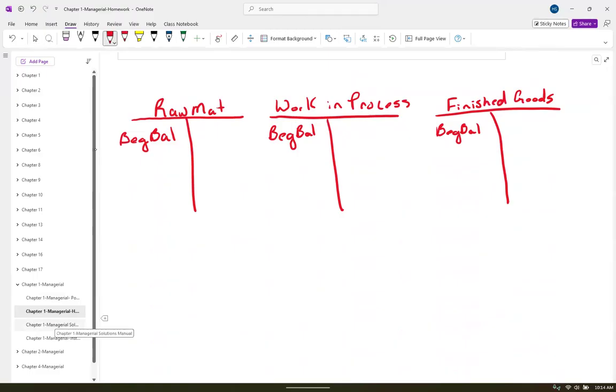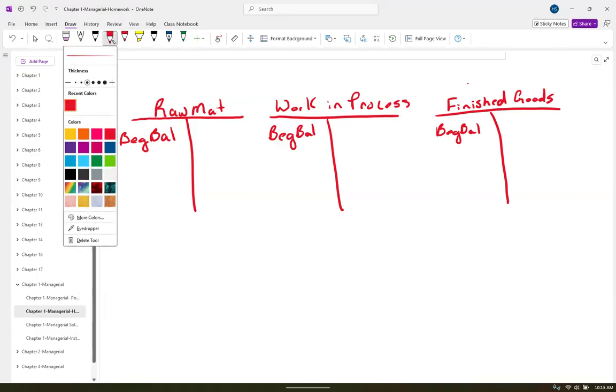If you think about raw materials, think about Frito-Lay. That's like the corn or potatoes, the raw materials going into it. Think about work in process as your assembly line. Once it leaves the assembly line, it's a finished good and it's ready to be sold. It'll sit in finished goods. Finished goods acts very similar to merchandise inventory in a merchandising business, because when it leaves finished goods, it will turn into cost of goods sold.